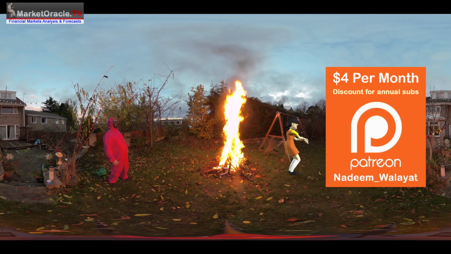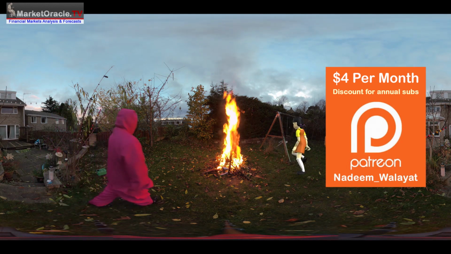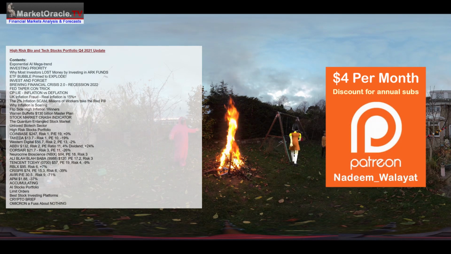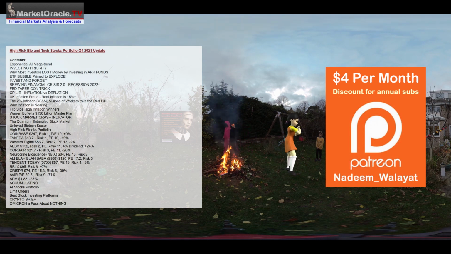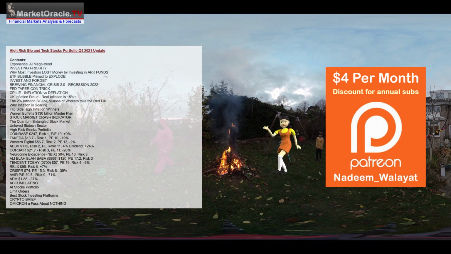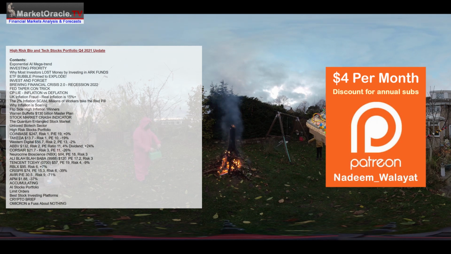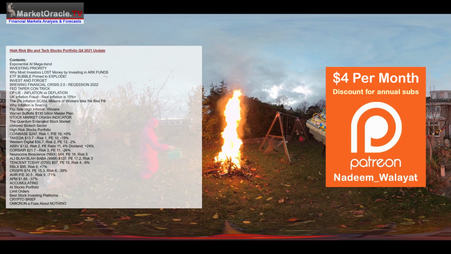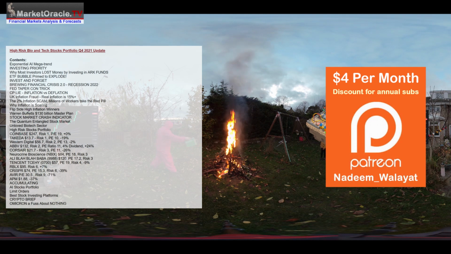And of course, then we have my most recent analysis, which is on an update of the high risk bio and tech stocks portfolio current state. What I am doing, what I'm expecting to happen, like what stocks I'm accumulating right now. And I'm pointing the finger at TENCENT. If you don't have exposure to TENCENT, you're going to be kicking yourself. It's trading in Hong Kong right now at 438. That is cheap. And what is it, $56 in TCEHY on the OTC market? You're going to be kicking yourselves, folks.